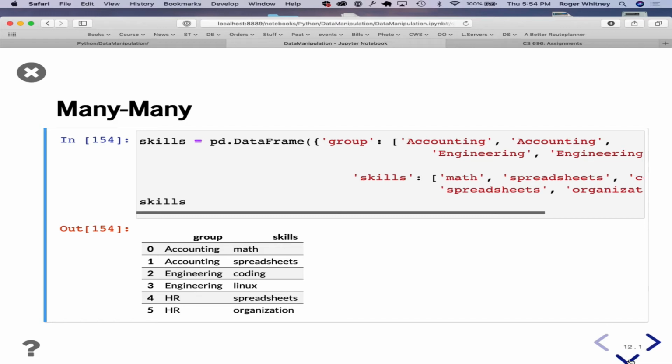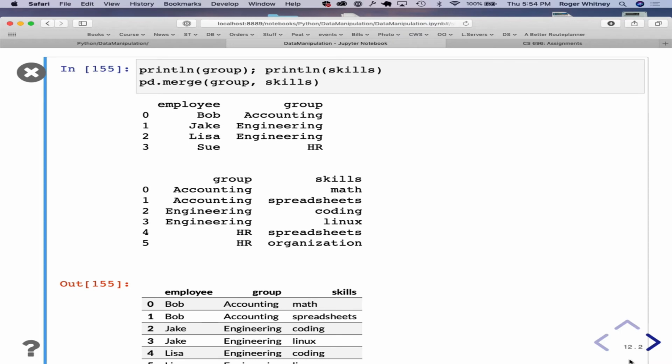And now what happens when you want to merge them together, right? So we've got a group, we've got the skills, we merge them together.